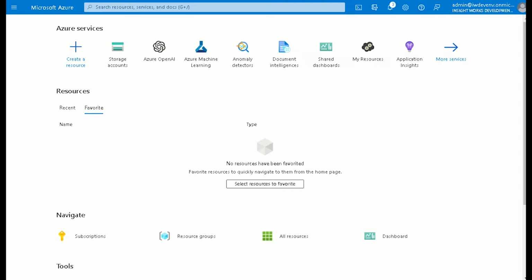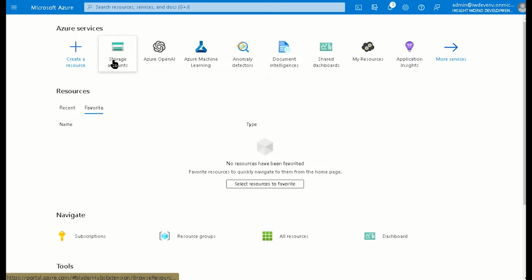In this video, we're going to review how to create an Azure Blob Storage account and an Azure Blob Storage container, an SAS token, which is a shared access signature, as well as an Azure Document Intelligence instance, which is previously known as Azure Form Recognizer. So let's get started. First, you need to head to portal.azure.com.